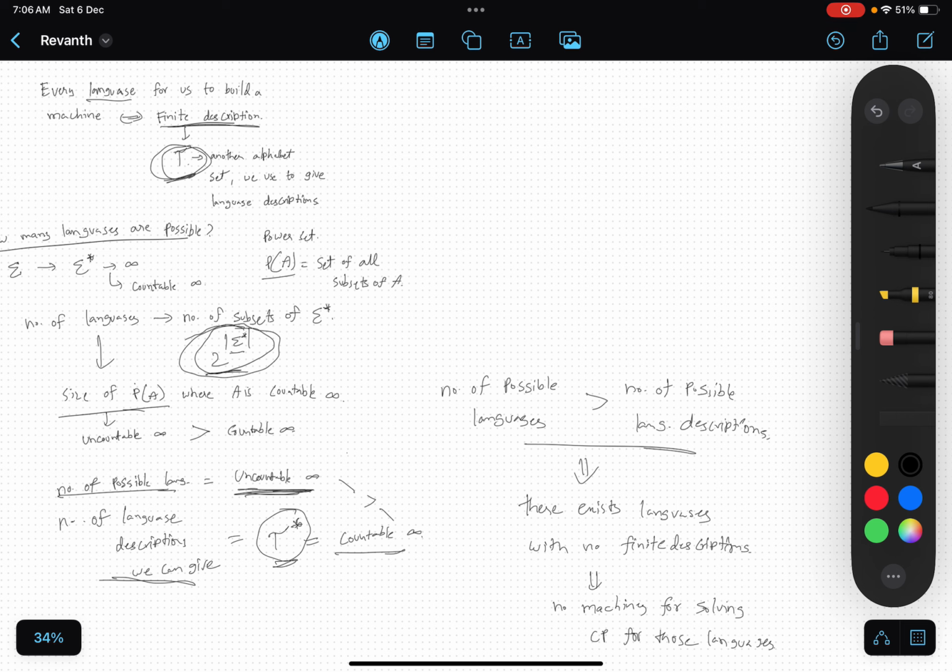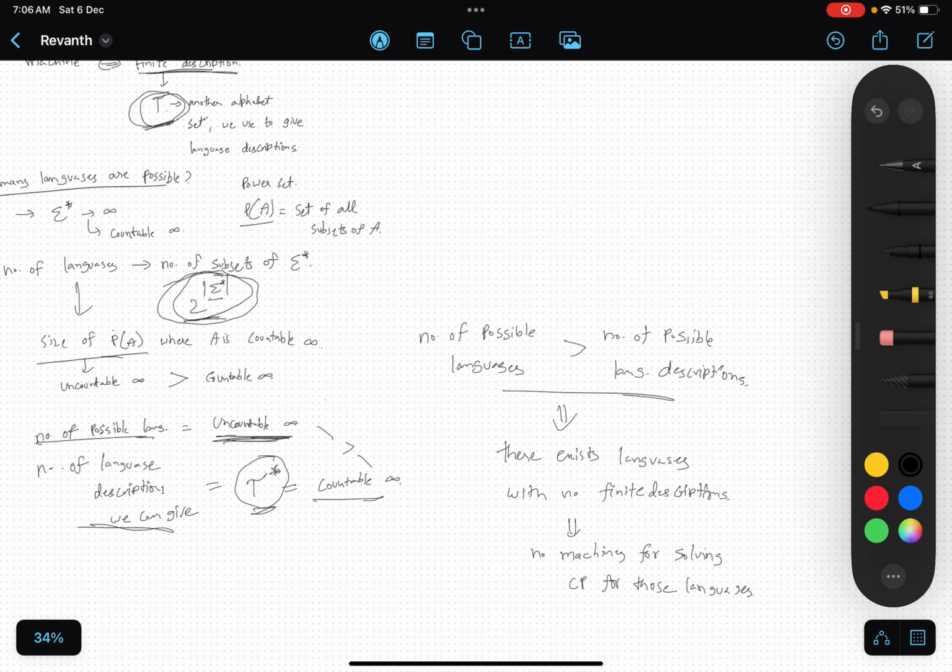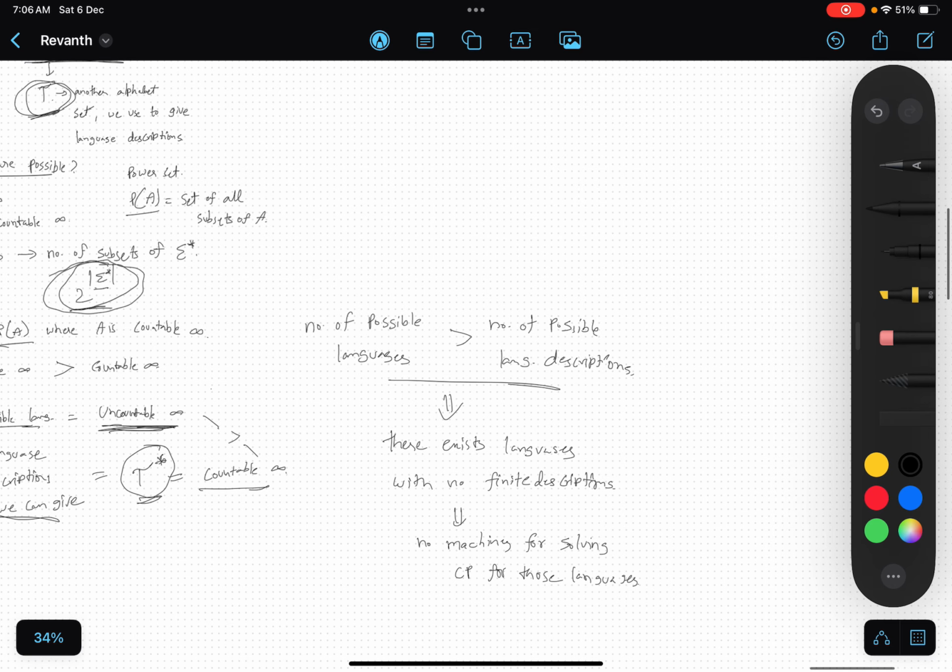So that means there exist languages with no possible language descriptions, right? Only some languages get descriptions, which are part of either regular languages, context-free grammars or recursive grammars. So there exist no machines for those kinds of languages, since we can only build machines for languages that are computable and have finite descriptions.